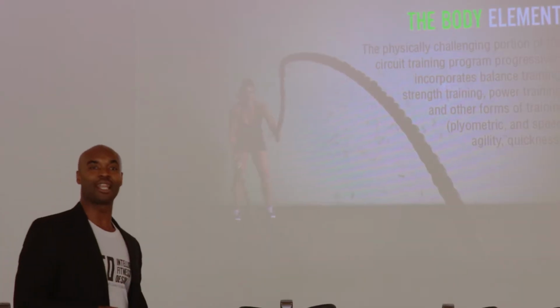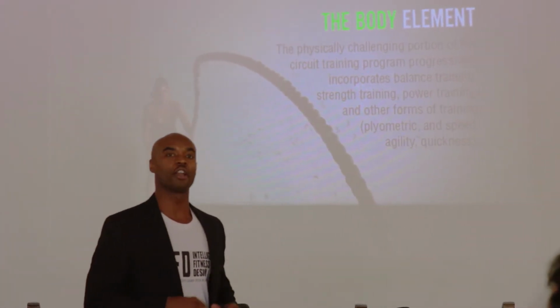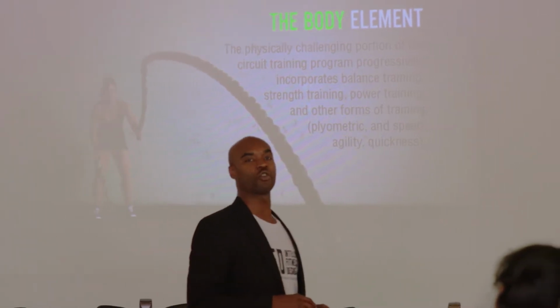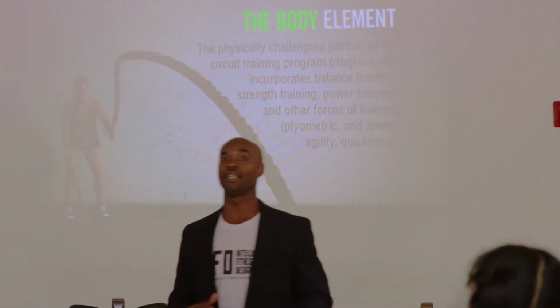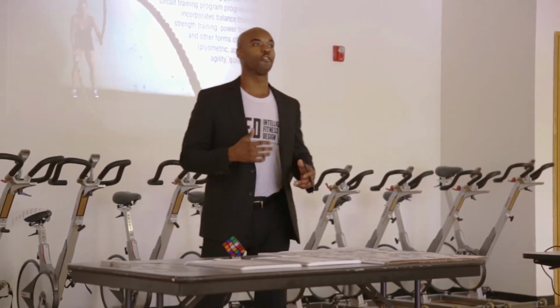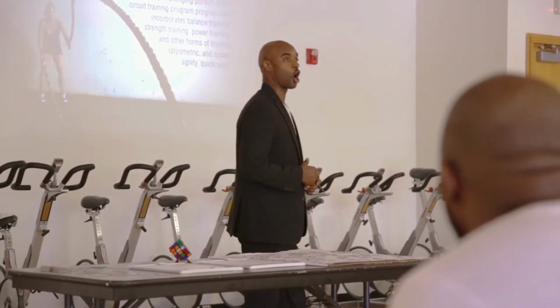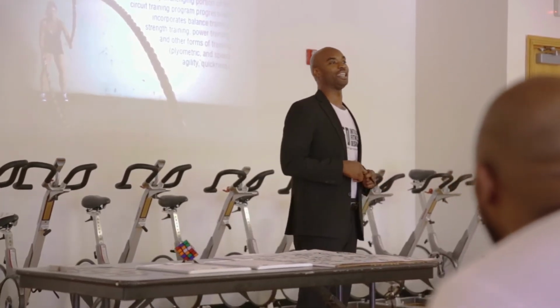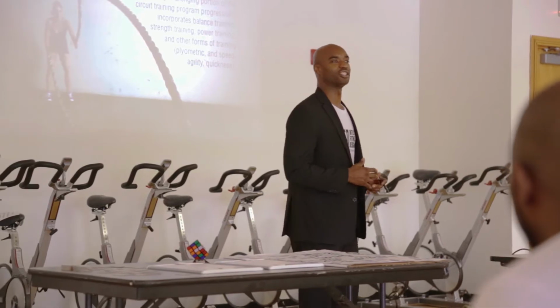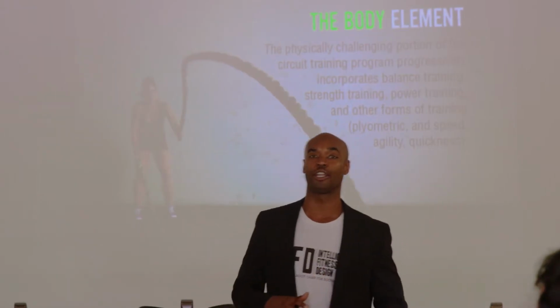A side note that I'd like to make is something about cardiovascular training. Cardiovascular training is any form of training such as walking, running, biking, swimming that engages the heart and the cardiovascular system as a whole and strengthens it. The American Heart Association suggests that we should get in about 150 minutes of cardio training in a week. As a personal trainer, I wholeheartedly condone